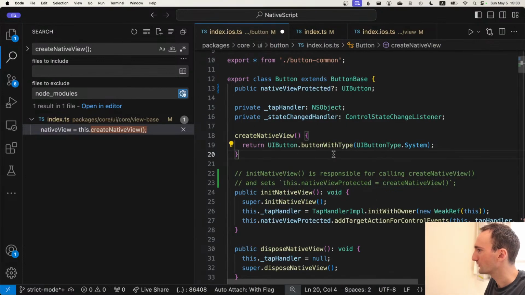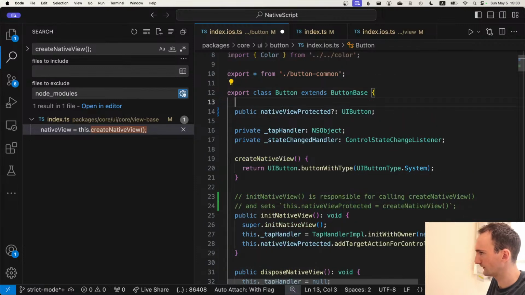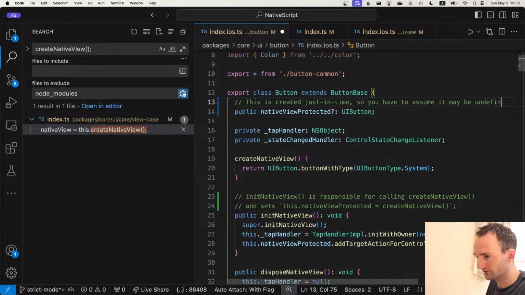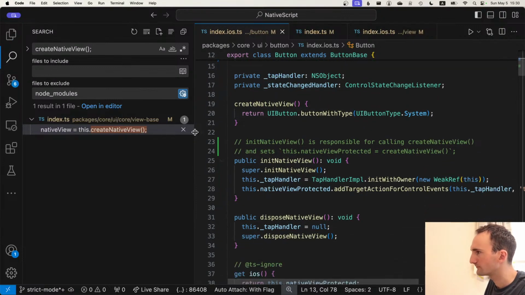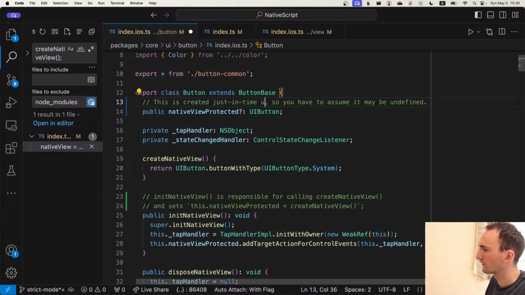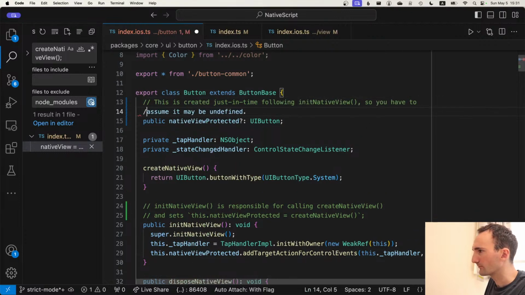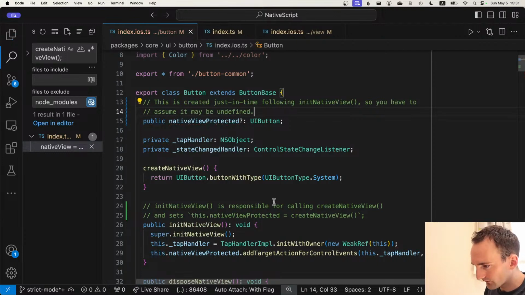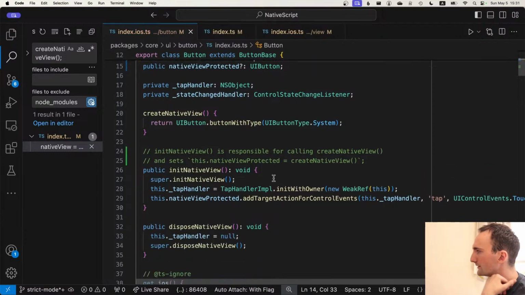Okay, so we've created a native view. We've got our just-in-time. So it's created just-in-time. So you have to assume it may be undefined. Okay. Upon init native. Make it wrap. Let's see. Okay, so